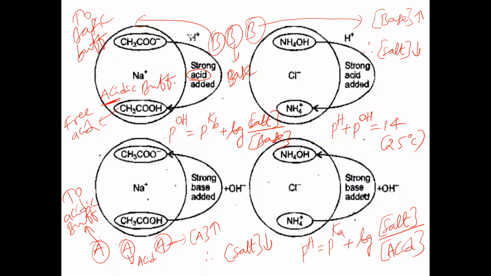Check it here. The H plus ions coming from strong acid will combine with the negative ions of salt. The H plus ions produced from HCl, strong acid, will combine with CH3COO minus to form CH3COOH. Then the weak acid concentration is increasing because it is forming here. So when we add acid to acidic buffer, the acid concentration will increase. That is called the triple A rule. Is the concept clear?